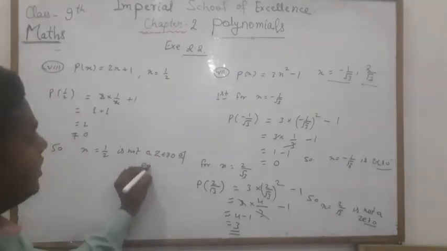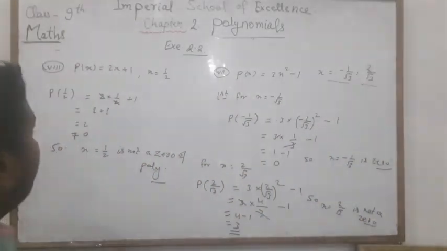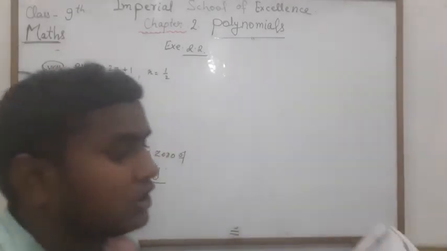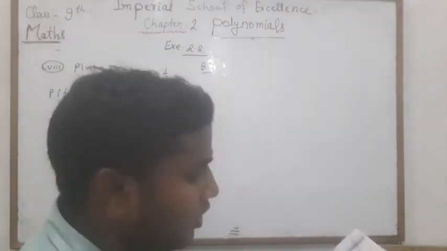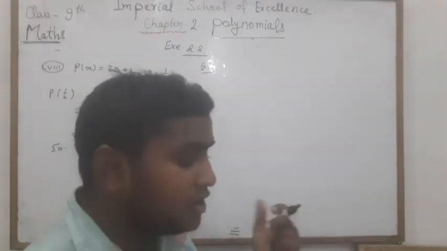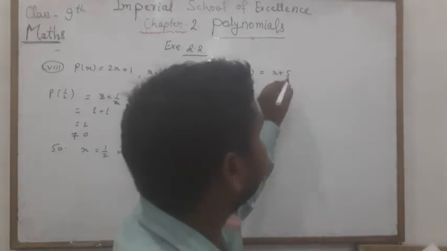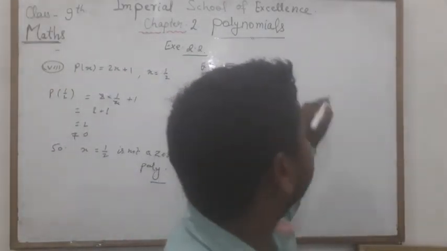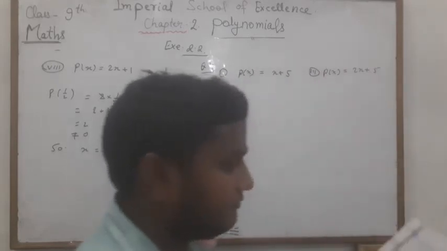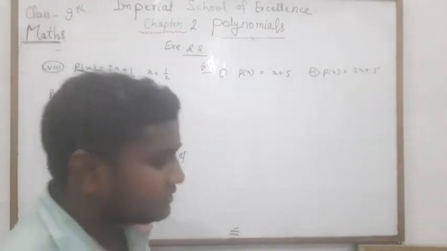of polynomial. okay, so hope you understood how we have done this question. okay, let's come to the question number 4. see this question number 4, what it is asking and how we will solve it. so this question number 4 says that, find the zeros of polynomial in each of the following case. we have to find the zero in each of the following. so first question, p(x) is equal to x plus 5, and only 3 questions I will tell you. and this is third question, p(x) this is equal to 2x plus 5, and the last one, 7th question, and I am writing this. so let's see this question number 1.